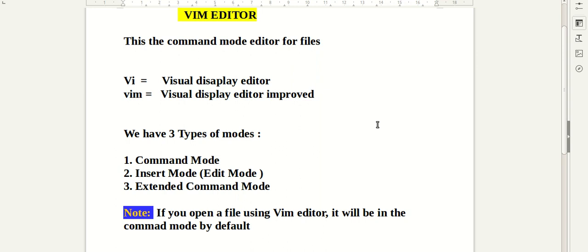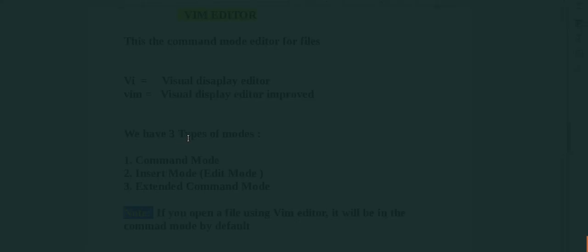When we open a particular file using vi, the file will come only as a block of lines. I will show you. So when you open a file with vi slash etc, suppose I am opening a file using vi slash etc.